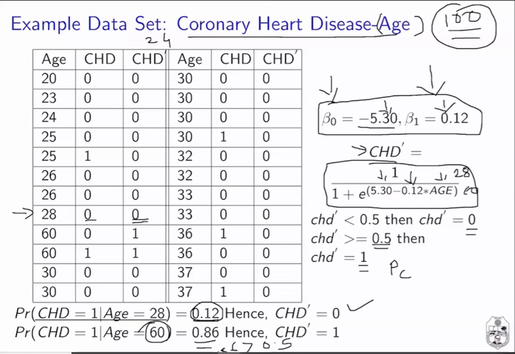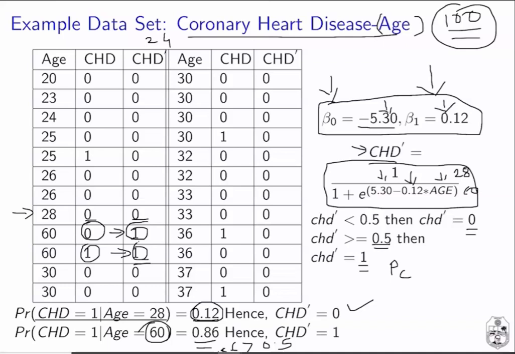For 60 there are two entries, and we will assign the label 1. If you observe here, the actual value is 0, but our model has predicted the value 1, which means this is a wrong prediction. And in this particular case, the actual value is 1, and the value predicted by our model is also 1. So this is the correct classification.